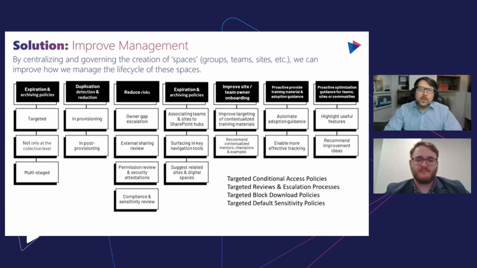Now, the other reason this metadata is so important is because it allows us to do more with it. Once we've managed sprawl, right? Once we know about these spaces, we can do all sorts of targeted activities like dedupe detection and reduction. And you don't even have to do this yourself. IT could just say, okay, I'm going to send an email, and the email is going to go to the